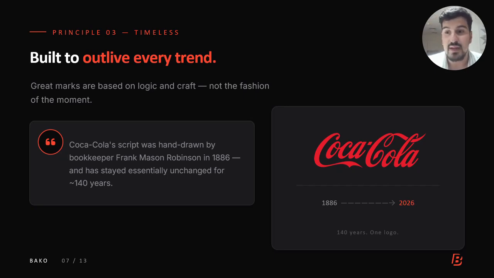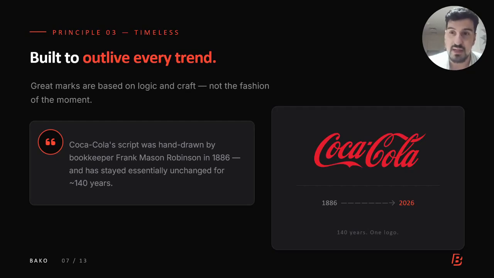It's having something in place that can last you for many, many years to come. Having a custom type, for example, the Coca-Cola logo was made 140 years ago and it still stayed exactly the same because it's just timeless. Everything flows so well. Instantly, when you look at it, it's custom made. You can recognize what it is instantly. So they just kept it exactly the same, and making a logo timeless is a really good thing to do